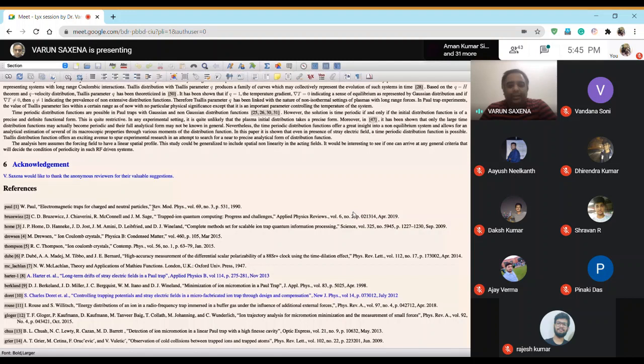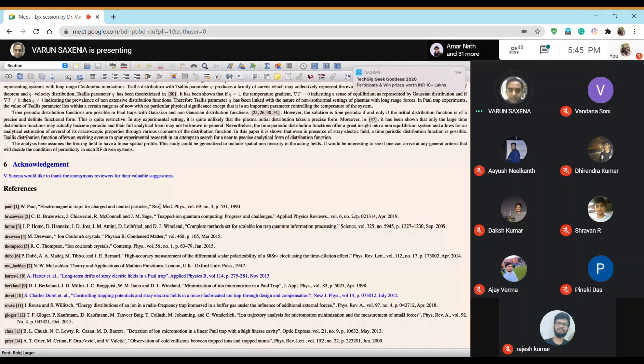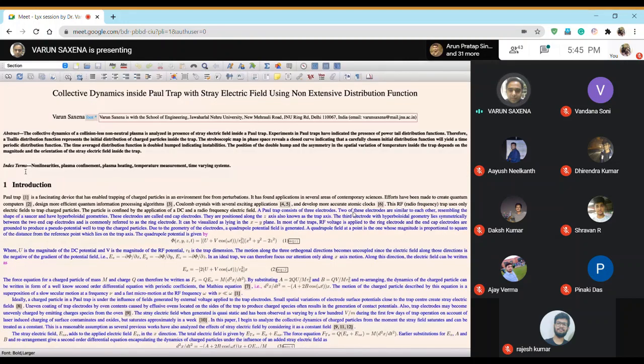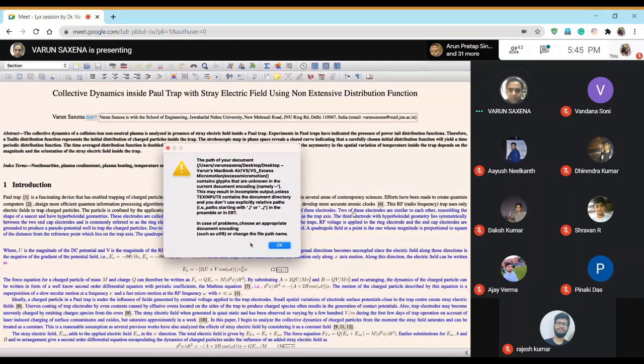Actually, the work was done much earlier by him, but this was the paper in which he gave all this work. My PhD is primarily based on this trap, and he got a Nobel Prize for this, Wolfgang Paul. So I worked on electromagnetic traps. Anyways, this is a paper that has been referred to over here. Let me run this and see how it looks.